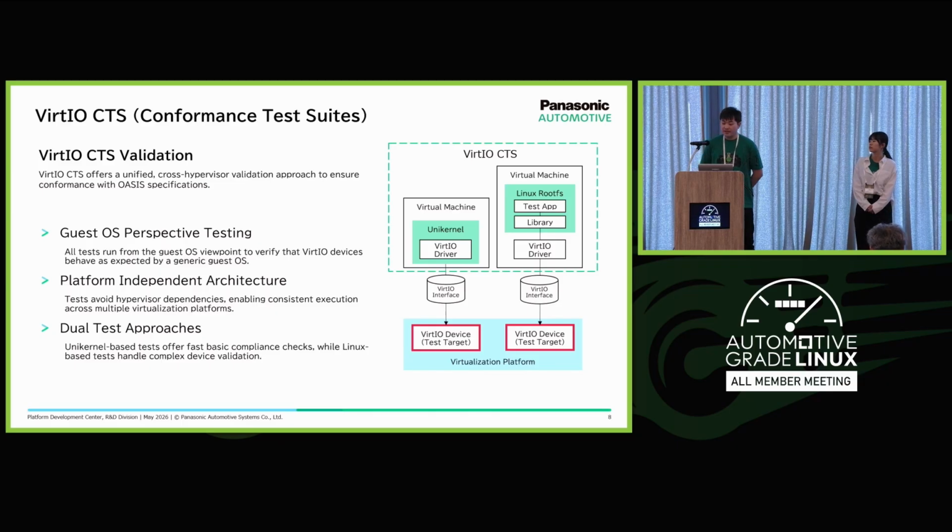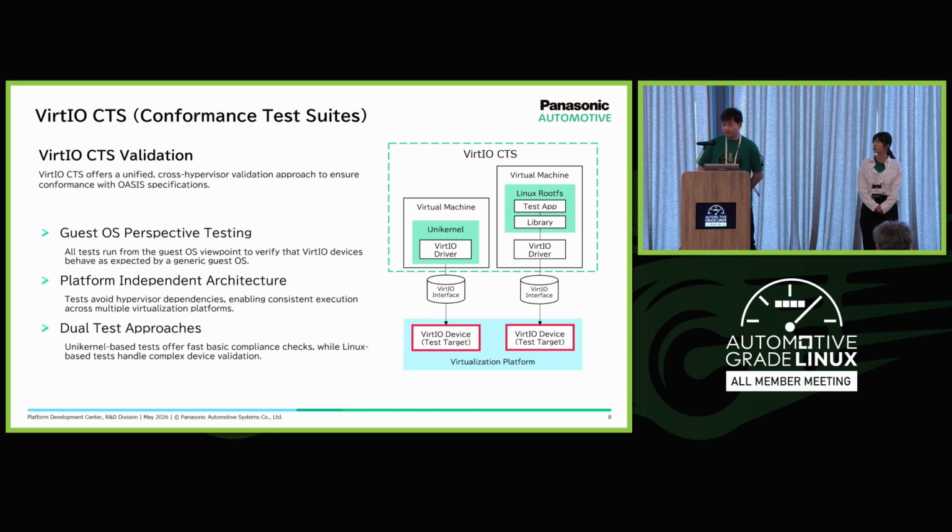The architecture is platform independent and avoids hypervisor-specific dependency, allowing consistent execution across multiple virtualization platforms. VirtIO CTS also provides two test approaches: a unikernel-based test for fast basic compliance check, and a Linux-based test for more complex device validation.